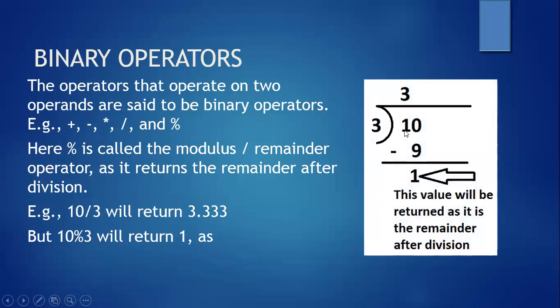See, 10 modulo 3. For modulo 3, you have to use division only, but you have to focus on the remainder. So 10 divided by 3. We know 3 3s are 9. Now what is left? 1 is left. But can it be further solved? No. Technically in maths, we give a decimal point after 3 and then add 0 here and keep on solving. But if you use a modulo sign, then the computer will stop there itself, because 3 is not divisible by 1 and the answer will be 1 only. So this value will be returned as a remainder after division.